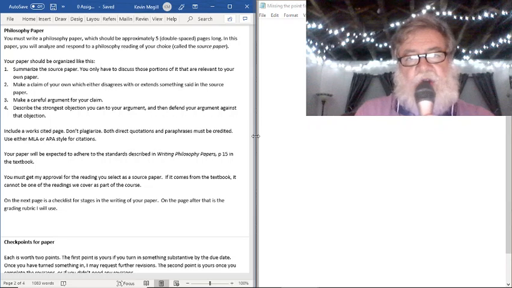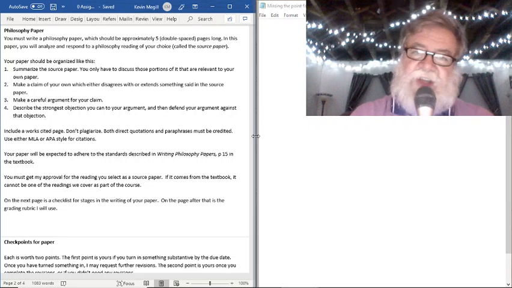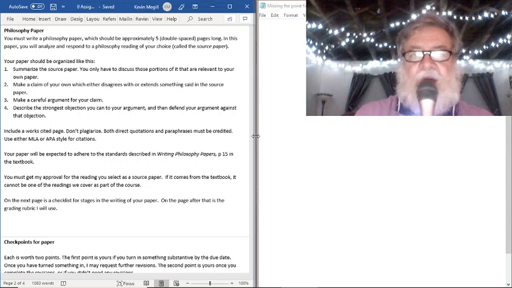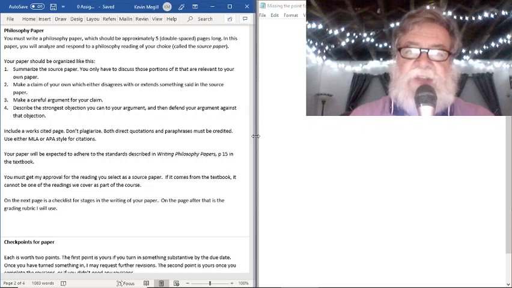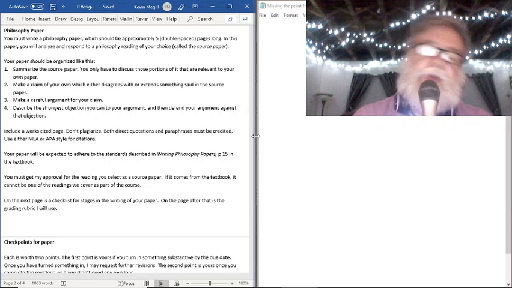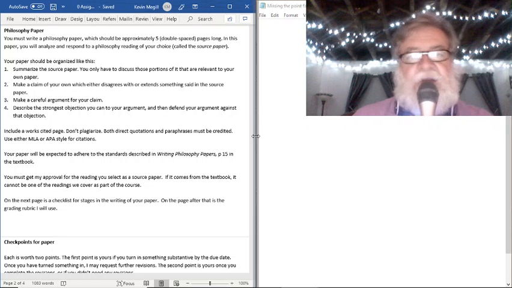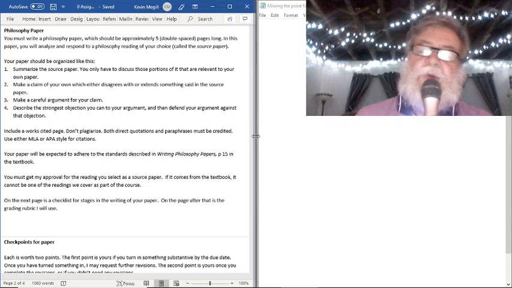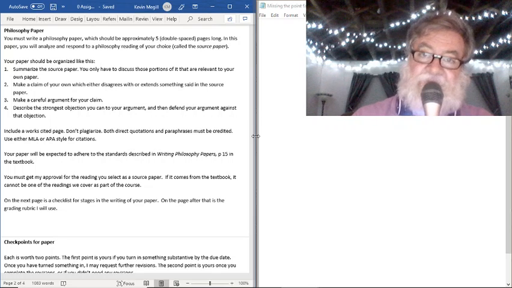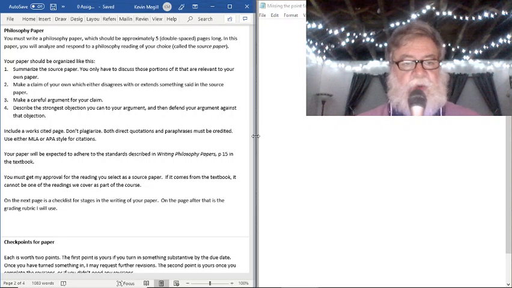So when you're done, there's sort of a four-part conversation that you're having with the reader. Part one is, this is what the source paper says. It says A, B, and C. And then part two will be, but I disagree. I think that's wrong, and here's what I think is the right answer, D, E, and F. And then part three will be, now some people might disagree with what I said by saying this. And part four would be, but I would answer them this way. So that's what you're looking to provide.